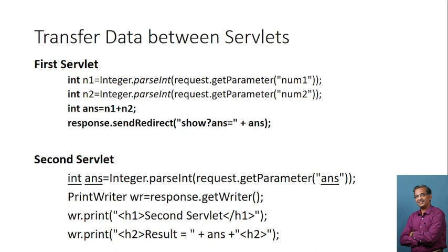The difference between forward and sendRedirect is that forward directly transfers from the first servlet to the second servlet, and in sendRedirect, the HTML page calls the first servlet, and then the first servlet sends the response back to the client, and it asks the client to redirect to the show servlet. So the difference is: from the HTML page it goes to the first servlet, and from the first servlet,